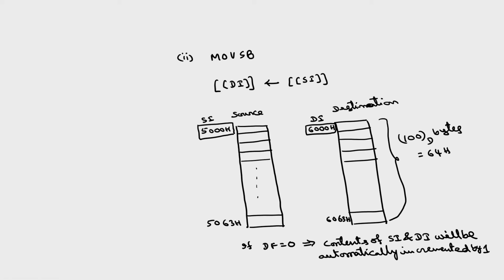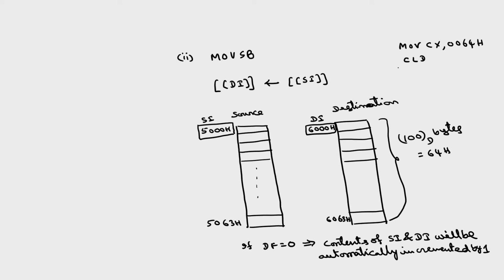And if you want to transfer a total of 64 hexadecimal bytes, or 100 decimal bytes, then we have to write a set of instructions. By default, the count, the number of bytes to be transferred, we take in register CX. This is implied: MOV CX, 0064H. And to clear the direction flag, which we are going to discuss later, the instruction is CLD. This is simple, implied also. CL stands for clear, D stands for direction flag.